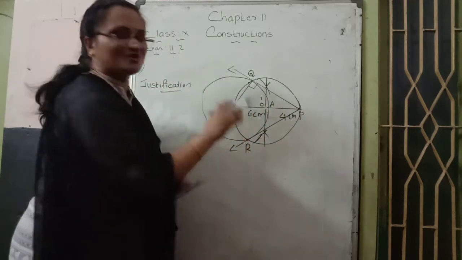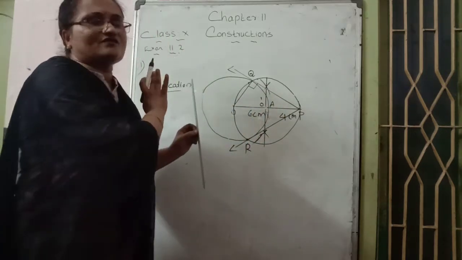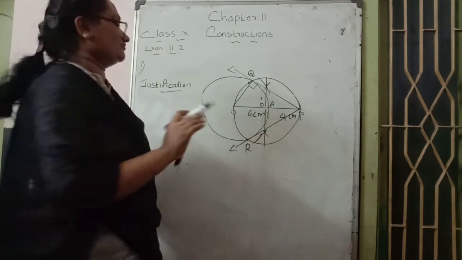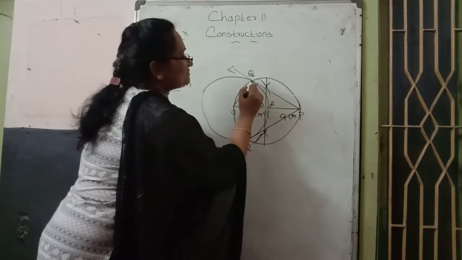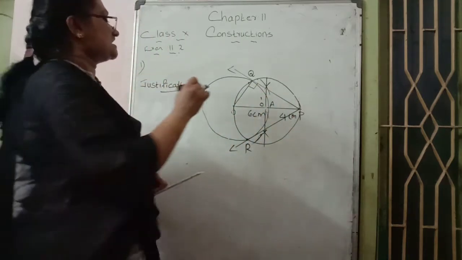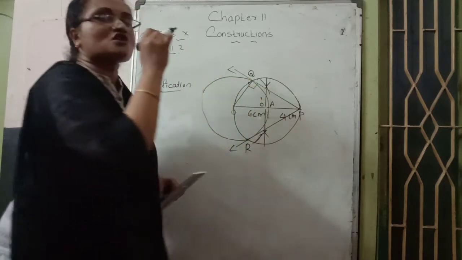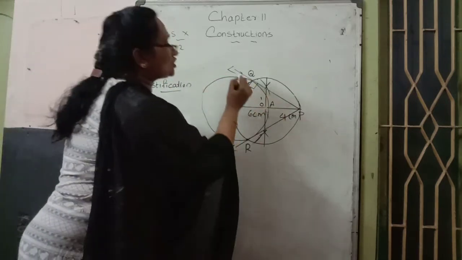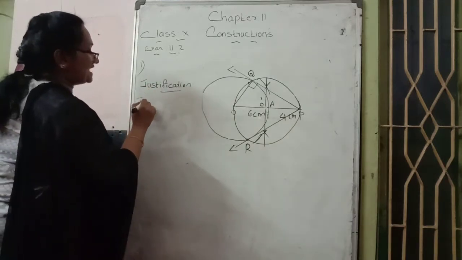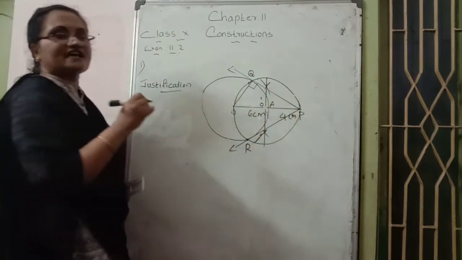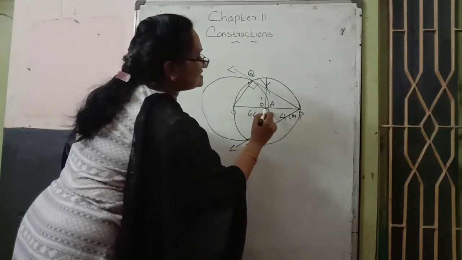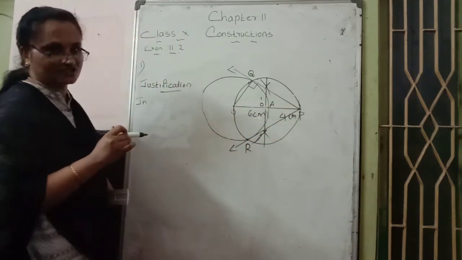Here we can do it for both, but it is not needed. For a justification, one right angle triangle is enough. Then with respect to vertex Q, OP is the hypotenuse, OQ is the altitude and PQ is the base. Apply the Pythagoras theorem. OP value is the hypotenuse, meaning how much is the distance? O to P is 6 plus 4, which comes to 10 centimeters.